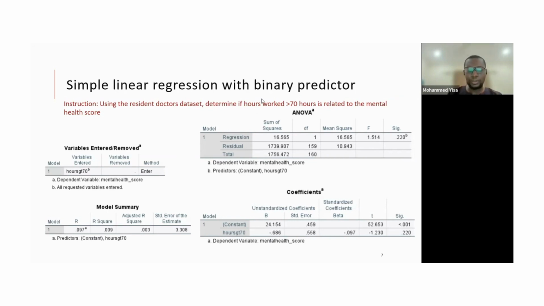So it's a poor model, and the way you report it, you say that working more than 70 hours a week is a poor predictor of mental health score in this population. So that's the interpretation. Just so that we remember, regression is all about making predictions from data